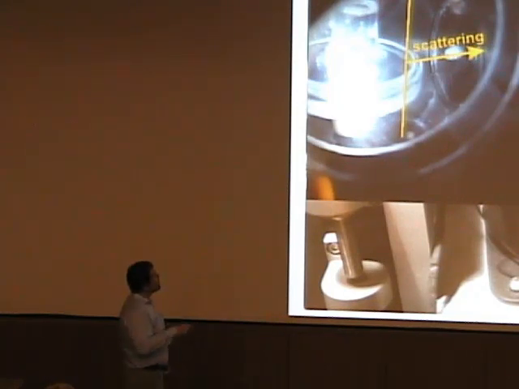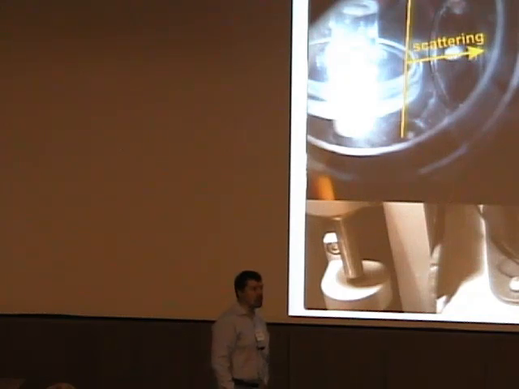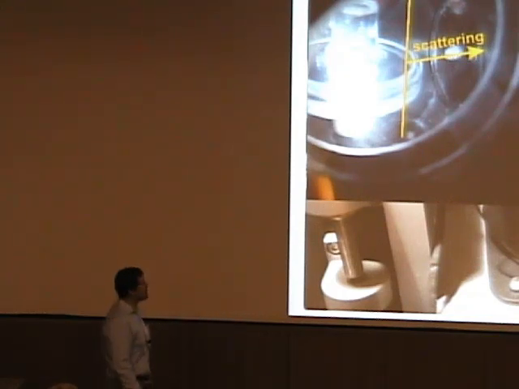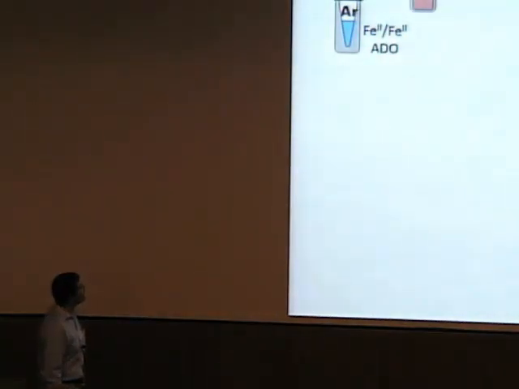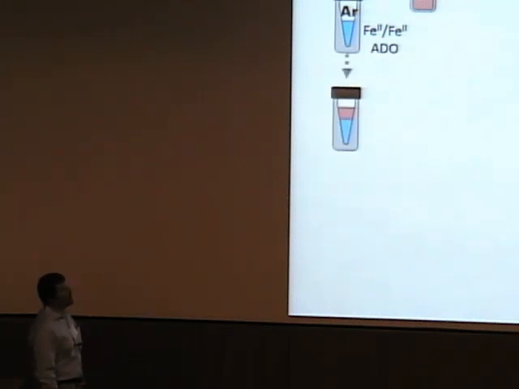But in principle, we have tested that system down to about minus 60, minus 70 degrees centigrade. So we can work with very cold systems using a conventional and very economical route. So what do we do? We start with the O2 buffer. We start with the reduced ADO. We mix them together,